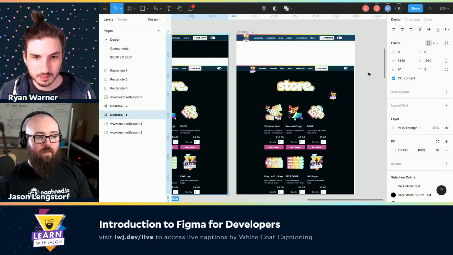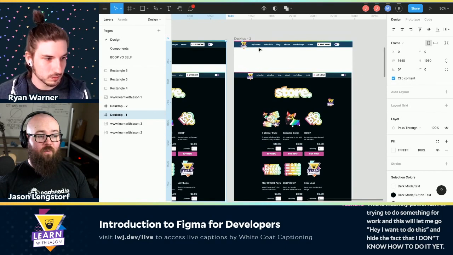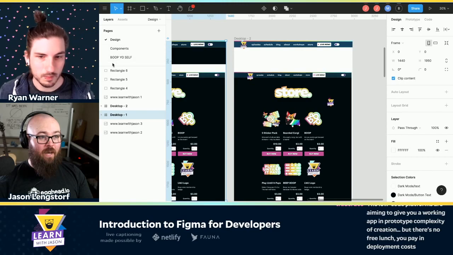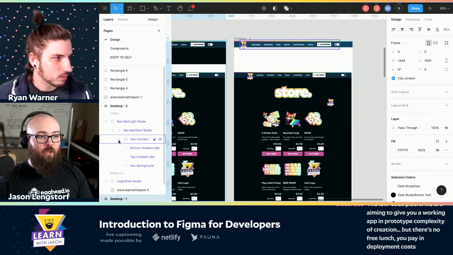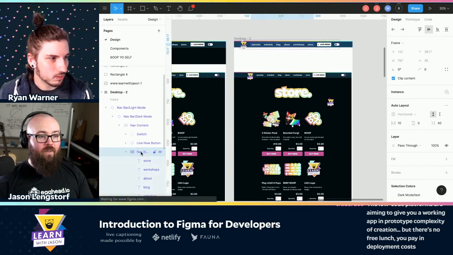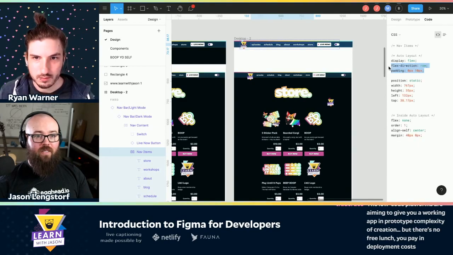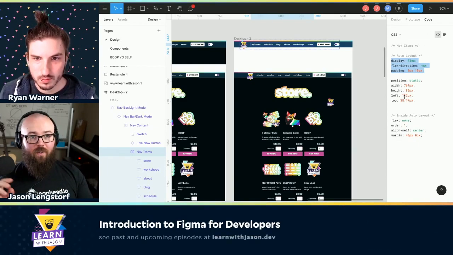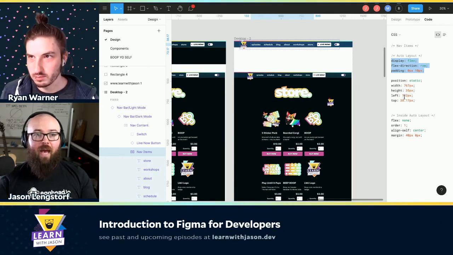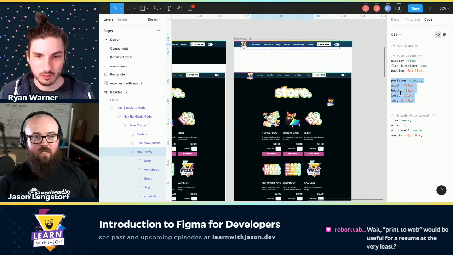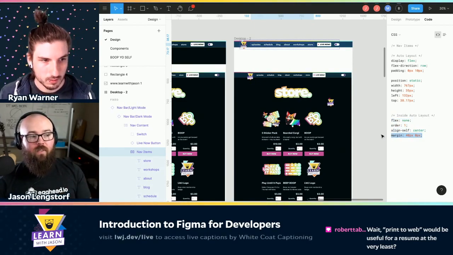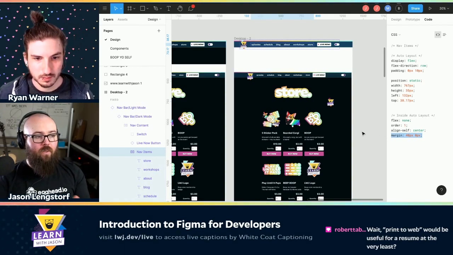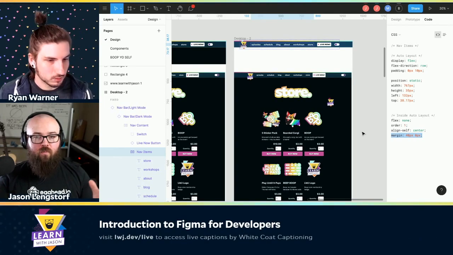Yeah, it's really great. And Sam, I think you're joking about how can you print to web, but check this out. All right, let's look at this. I'm going to go into our desktop. I'm going to look at this navbar light mode, and let's say we want to show these nav items. I can click on these nav items, click on code, and it wrote my CSS for me. It's got it set up with Flexbox. It's got it set up with the padding and settings like that. Some of it's not super useful, like position static, but this is incredible, right? The fact that it's building here's your alignment, here's the margins that you set. Really cool.